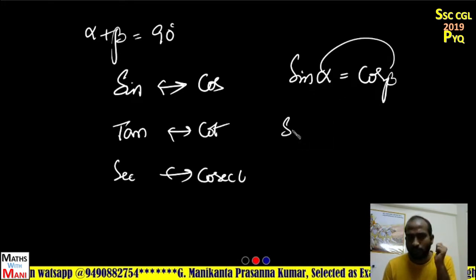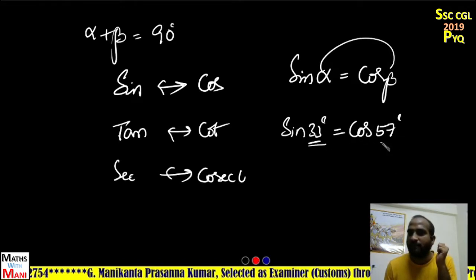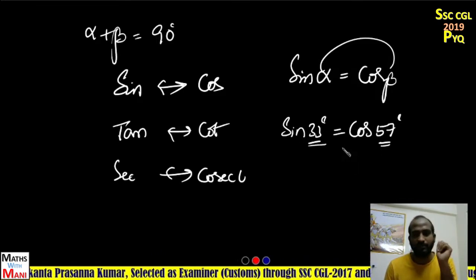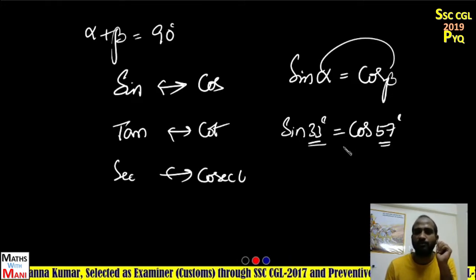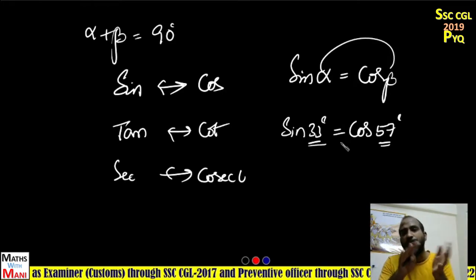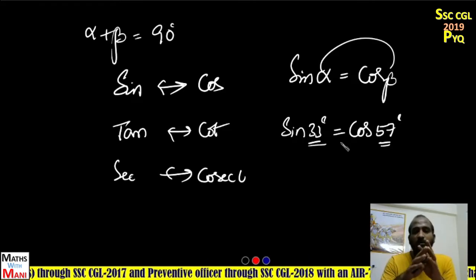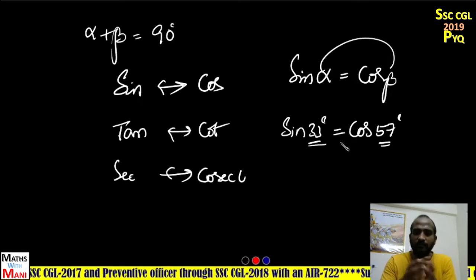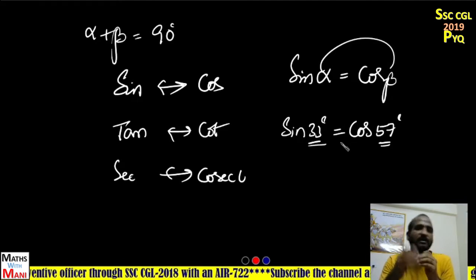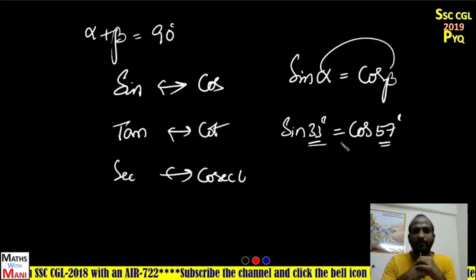Suppose, what about sine 33? In terms of cos, it is equal to cos 57, because 33 and 57 are complementary. We solve many problems regarding these types of questions. So these are some of the basic formulas which you have to remember while solving any problem in trigonometric ratios. We have some other formulas also, but I am not dealing with all of them. These are some of the basics. Using these values, how do you solve the questions related to the mains level exams of SSC? Okay, let's start the video.